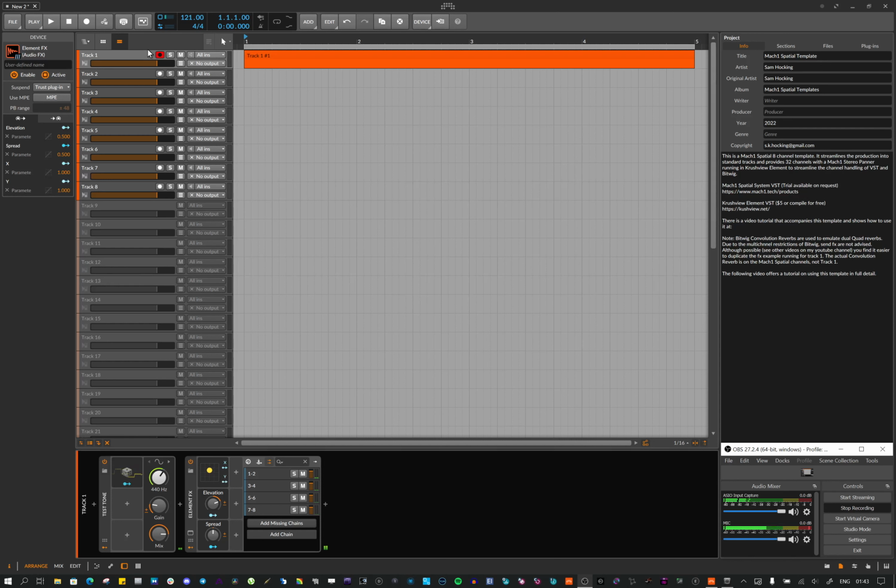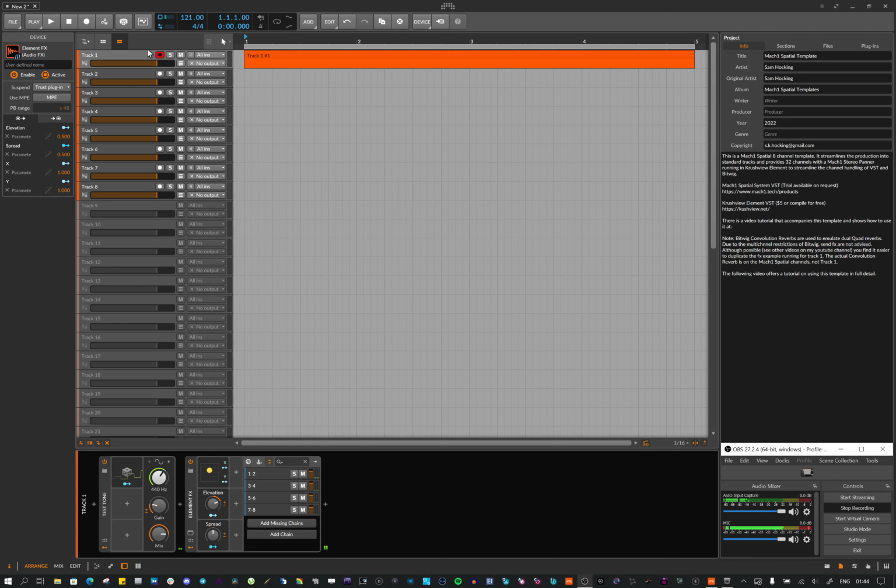Traditionally, you would get your stems in stereo and then spatial mix them as a separate mix, but I'm trying to come at it from a sound creation angle, where you're going to be creating the sound and mixing it spatially all at the same time. And Bitwig's a pretty damn good DAW for sound design and for music as well. So with that said,